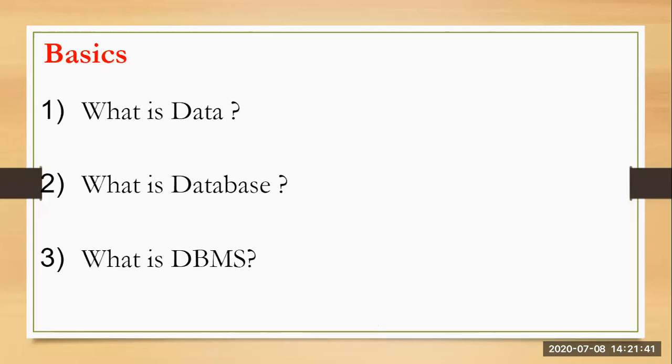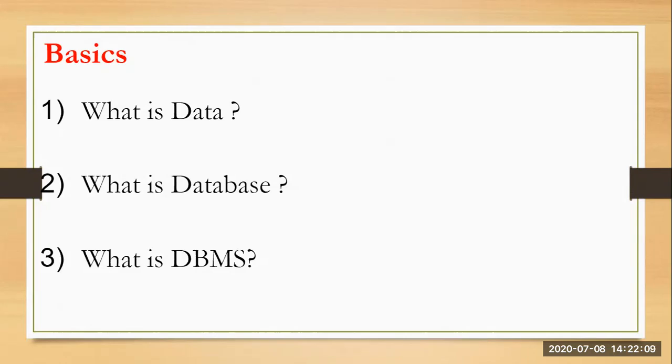So the first we'll start with what is data. When I talk about data, it is defined as facts related to any object. When I talk about facts, that is nothing but information related to any object. In a database, whenever we talk about data, it is organized in the form of rows, columns and tables, and it is indexed so that it makes it easier for us to find the relevant information.